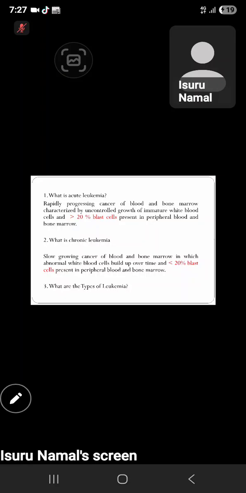That bone marrow is in accelerated phase because that blast percentage is somewhat closer to 20 now. That can exceed the limit of 20%. That can go above the 20% threshold. That means that your chronic leukemia may be converted into acute leukemia. Therefore, when your blood smear or bone marrow smear has 15% of blast cells, we can categorize it under